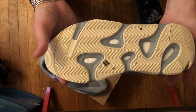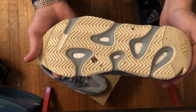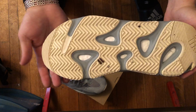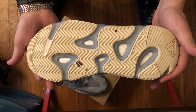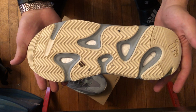If you look right here on the bottom, I've already worn these a couple times. I just absolutely love the sneaker. It has a nice off-white looking sole pattern, and you can see the boost right under it. Like I said before in other videos, I really like the way Kanye designs the soles of the Yeezy sneakers, especially the 500 and the 700s, because they have an almost topographical